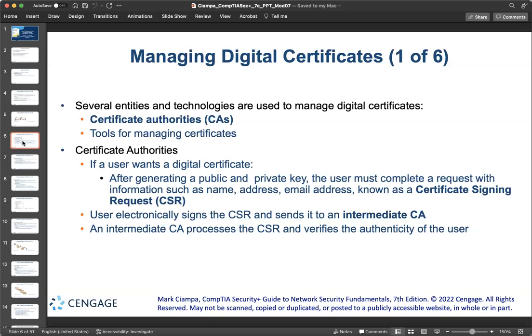A user who wants a digital certificate must generate the public and private keys to use and then complete a request with information such as their name, their email address, their physical address, I don't know, social security number, whatever, right? A bunch of information that helps authenticate them, and then submit this request, which is called a certificate signing request, or a CSR. The user electronically signs the CSR by affixing a public key and then sending it to the registration authority, who is responsible for